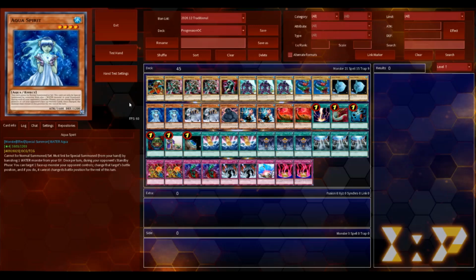It's still a little clunky, but I don't know what I want to lose out of it yet, so I figured we'll take this week to try something different. And we'll do water. So this is water beats. It's pretty simple. It's down to 45 cards, and it could be shorter, but again, there's just some situations where